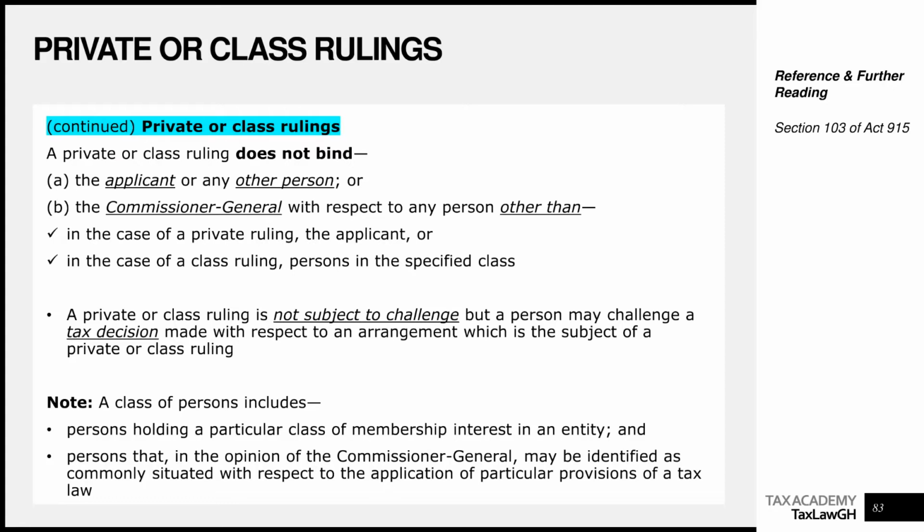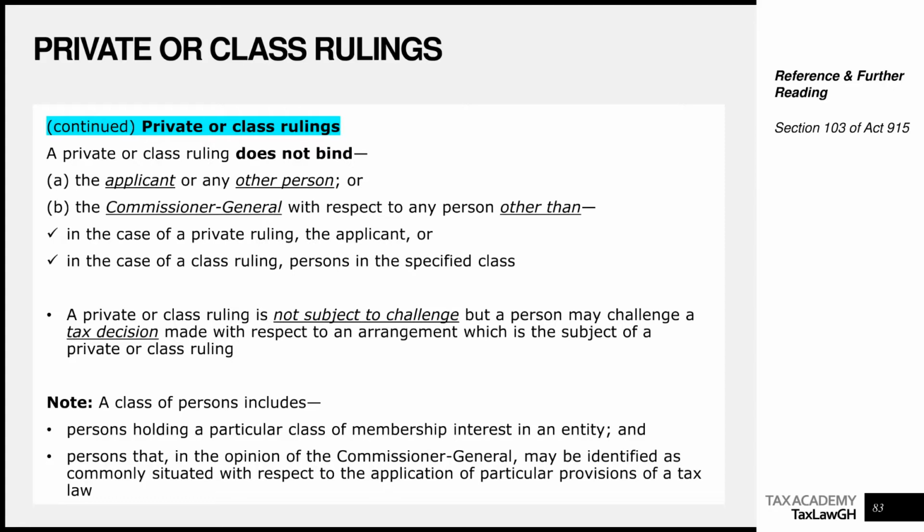It's private. It's between Commissioner General and that person. So if you are not that person and you choose to rely on it, Commissioner General can tell you, I was not talking to you, I was not referring to you, so you are in trouble. I wasn't even intending to send you this information. So you can't rely on someone else's private ruling. If you want a private ruling, write your own letter and request your own private ruling. Take note, it doesn't matter how similar your business is or if you think you are in the same industry. Private rulings are private. It's for that person only. It doesn't bind Commissioner General for you, the third party.